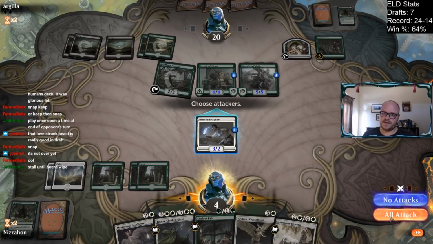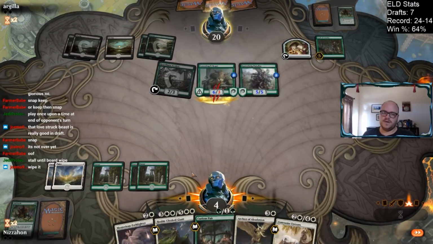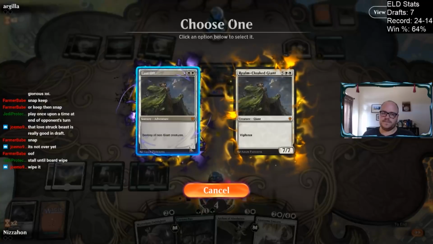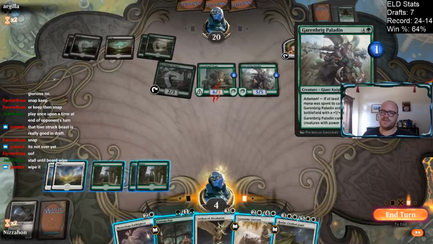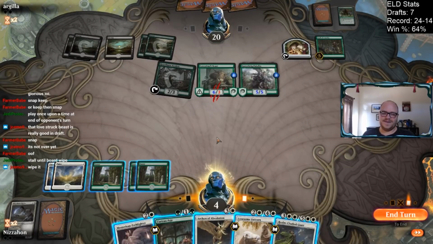So let's attack, and then I'm going to Wrath. I have to do it now, basically. I'm attacking because it's a free attack, incidentally. So, all right. Oh, crap. This is a giant. Oh, that was a bad call. All right. Really bad. Okay, so we're going to have to play...